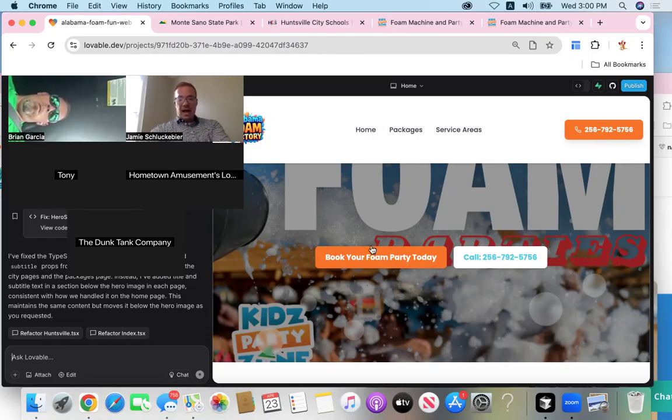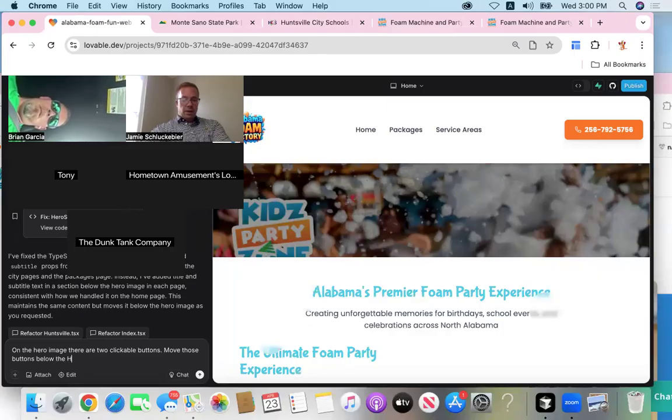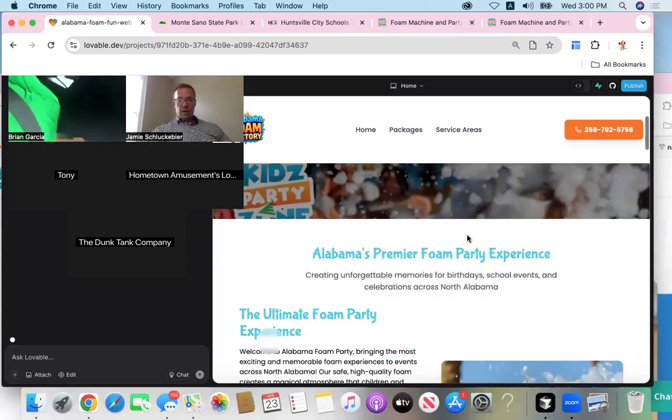But here's the thing: I do not like those buttons right there. So here's what we're going to tell it. On the hero image, there are two clickable buttons. Move those buttons below the hero image. So while that's working,